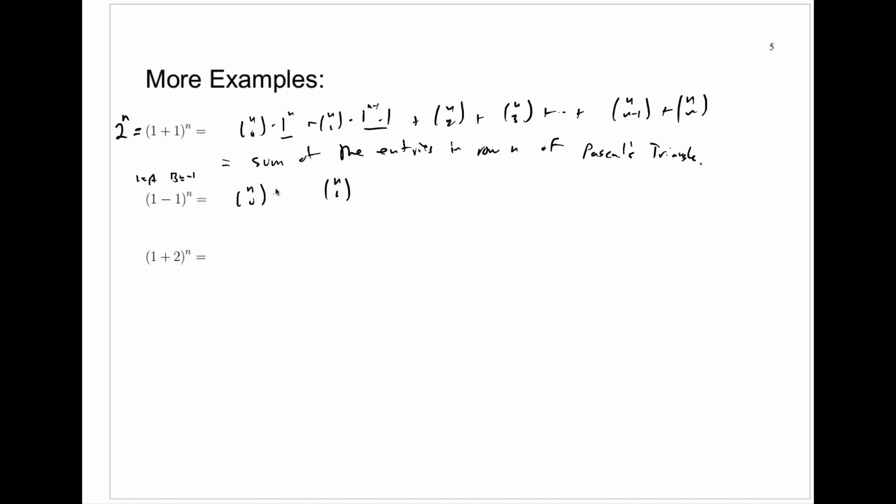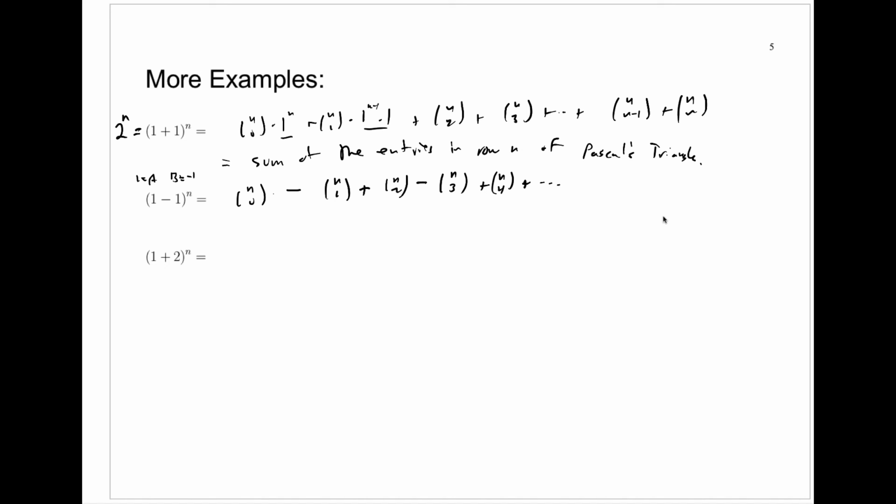N choose 0 will be multiplied by 1 to the n. N choose 1 will be multiplied by 1 to the n minus 1 times a negative 1, so we'll have a minus here. N choose 2 will be multiplied by 1 to the n minus 2 power, and then negative 1 raised to the second power, which is now positive, so we'll get a plus there. Then we'll get a minus n choose 3. You'll end up with a plus n choose 4, and it'll keep going like that through the